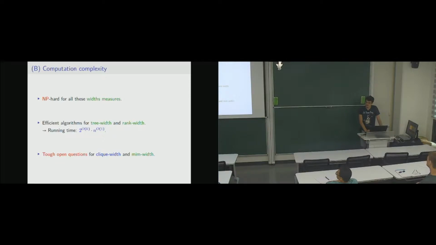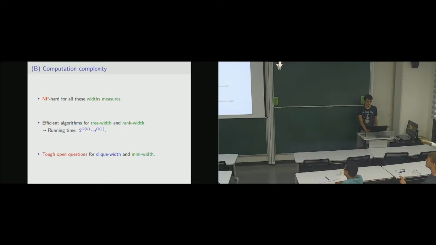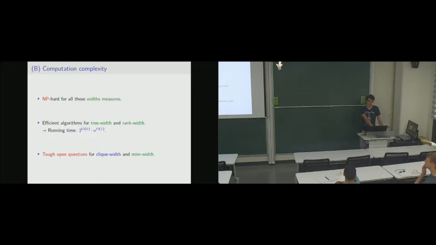Efficient algorithm, you mean you want to find the approximate linear decomposition? Linearly approximating. Right, because clique width can also approximate. Yes, yes, removing a constant factor, yes. And is it open for a constant factor for approximating clique width? Yes, even for a polynomial factor. And in fact, we don't know if it is XP for clique width.